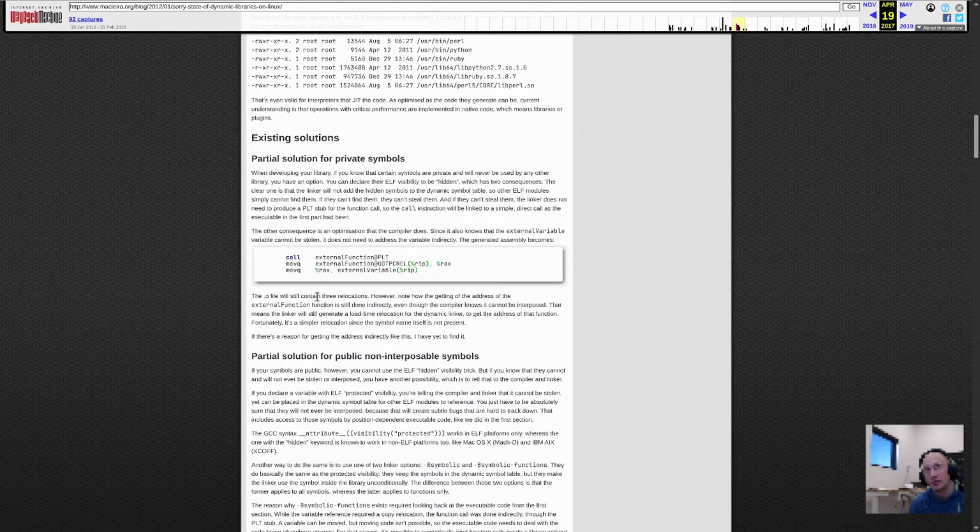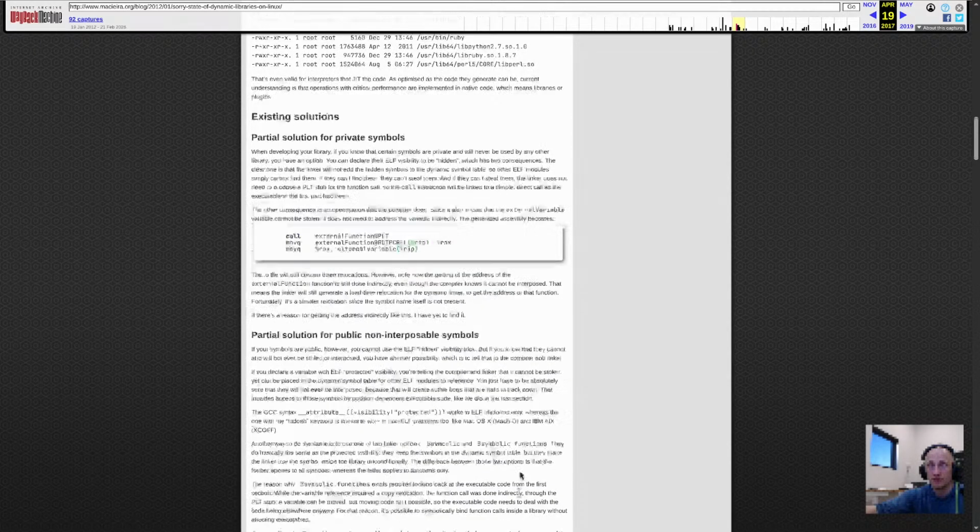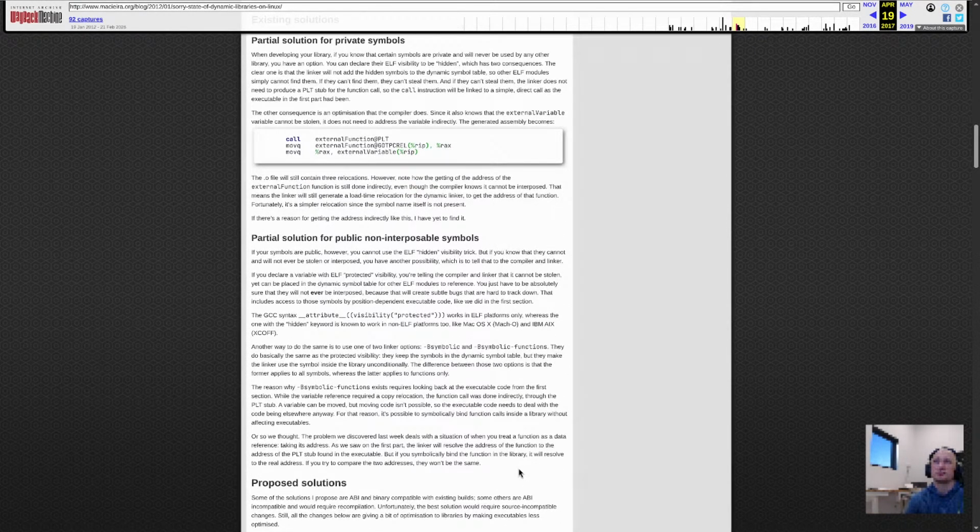Partial solution for public non-interposable symbols. If your symbols are public, however, you cannot use the ELF hidden visibility trick, but I think the hidden visibility trick is to make it static. But if you know that they cannot and will not ever be stolen or interposed, you have another possibility, which is to tell